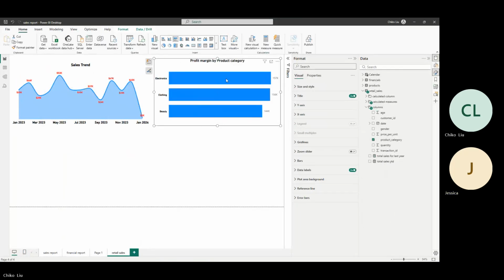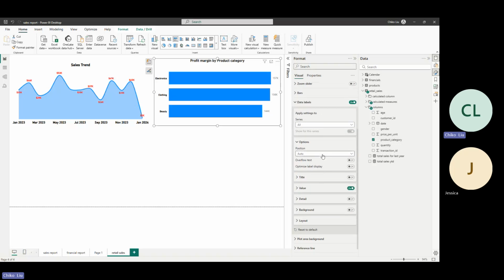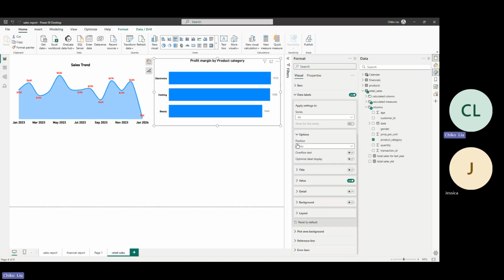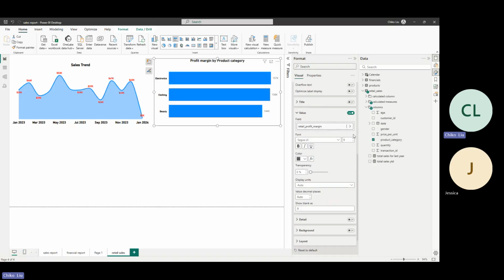It's clear. Okay, good. So my data label, I can actually click on the drop down and come to the value. I can change the